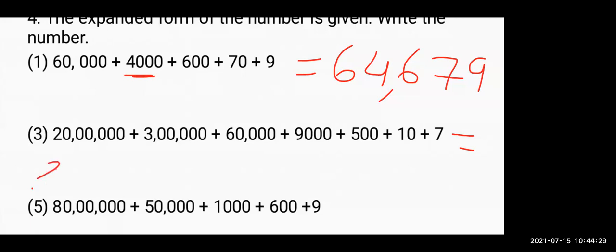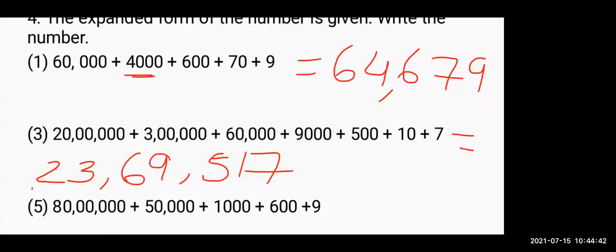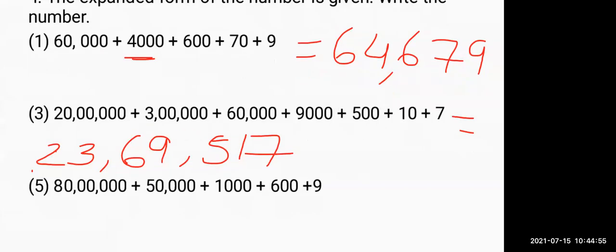It will come 20 lakh 69,570. Everyone has given the same answer. That means they have done the right sum. Now our last, fifth number sum. Chalo, I want answers of the fifth sum. What will be the answer of the fifth one?